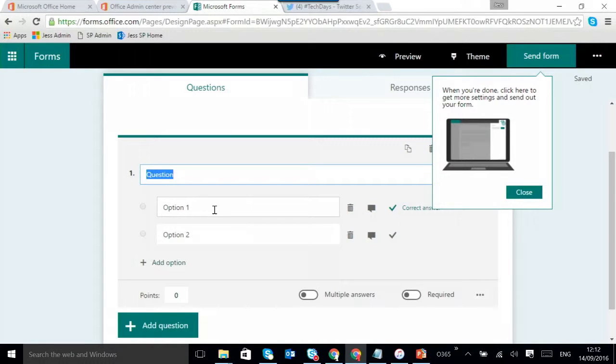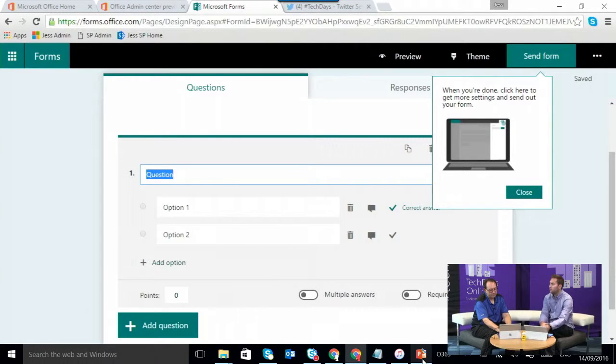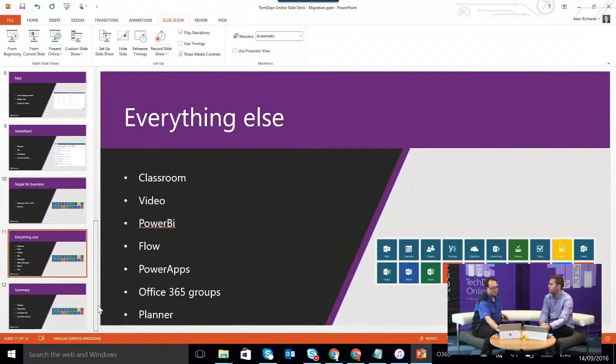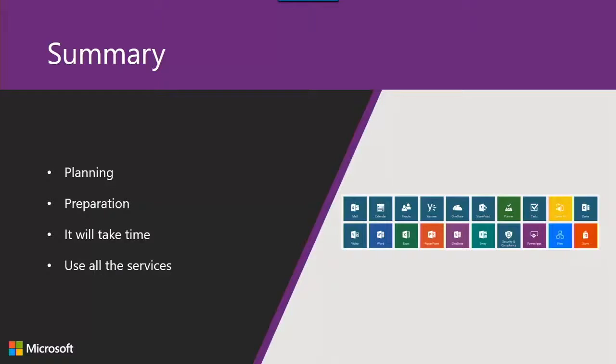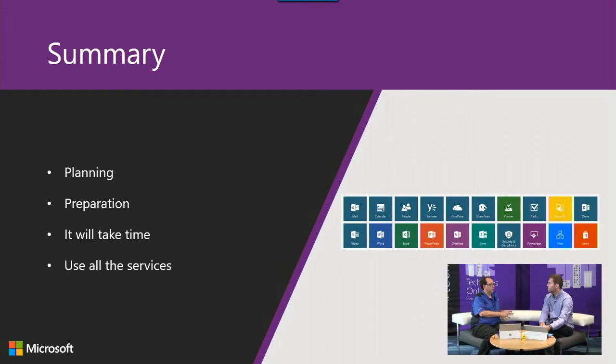Yeah, and I guess a lot of the stuff that we've talked about, we're looking through a lens of education. A lot of the techniques and the idea of being prepared apply to any migration really, I guess. It does, yeah. In summary, I suppose, the one thing you do need to do is plan and prepare. We've talked about checking your size of data and preparing your AD and that sort of thing. You need to have that ready. You need to make sure you're in a position to move your data and your mail. And also be aware that it's going to take time. It's not an overnight process. It's going to take time, which is again part of the planning.